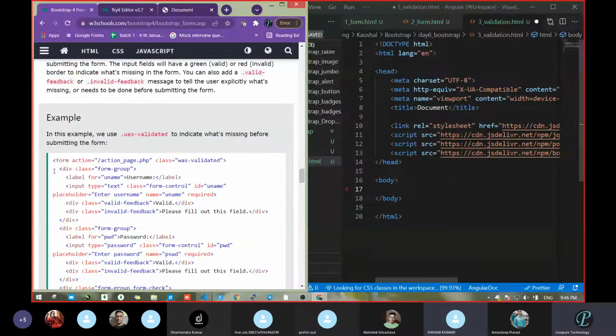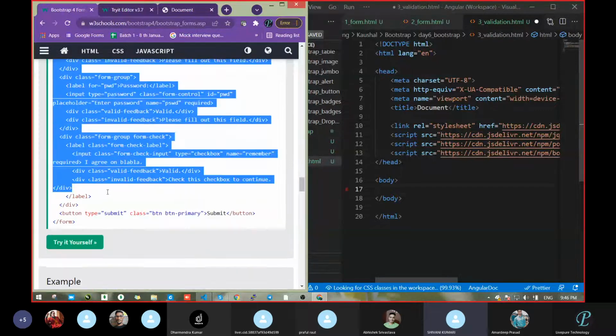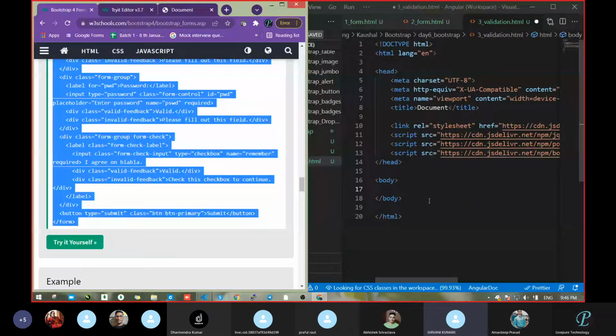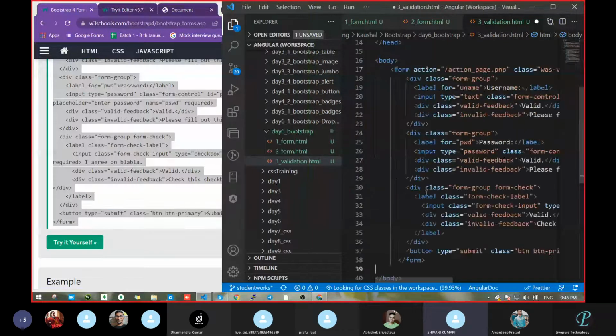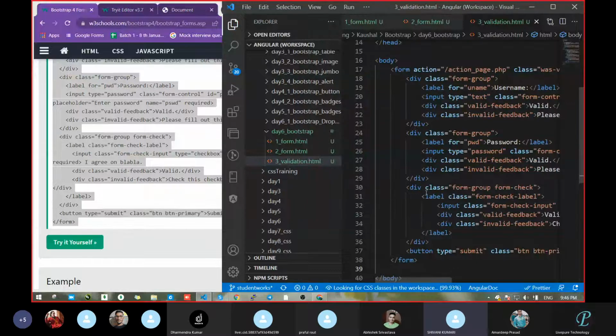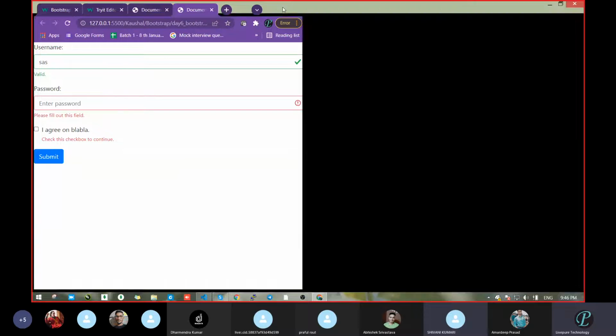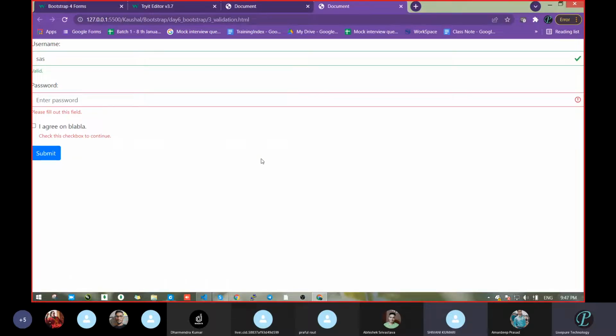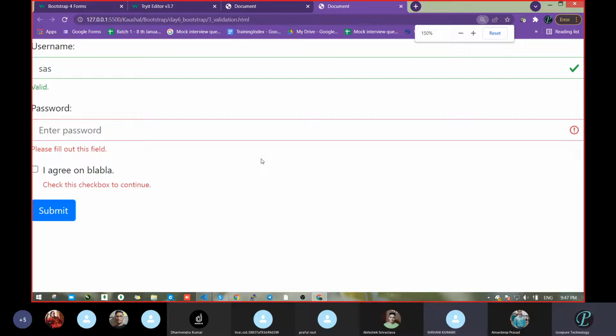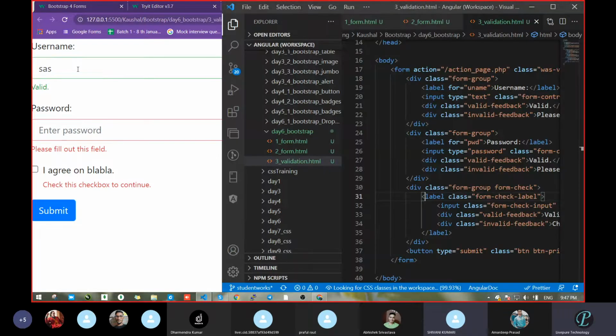Here is the form validation. Had you seen what happened? First go through the output, after that we will look over the code. So we had pass. Let's do one thing first.